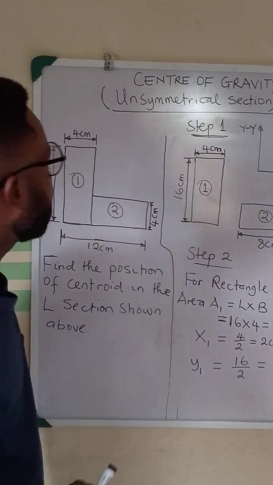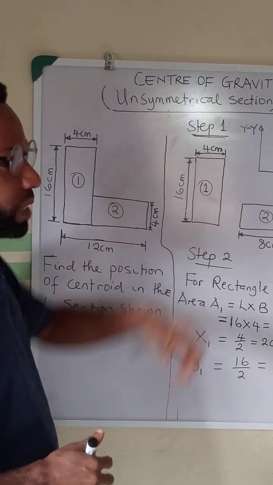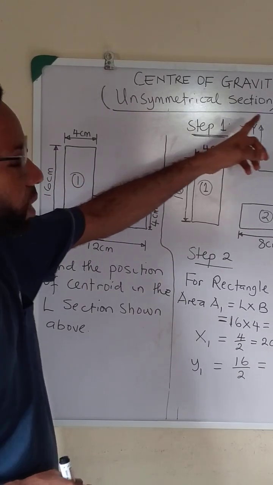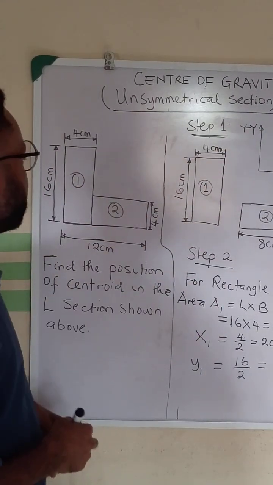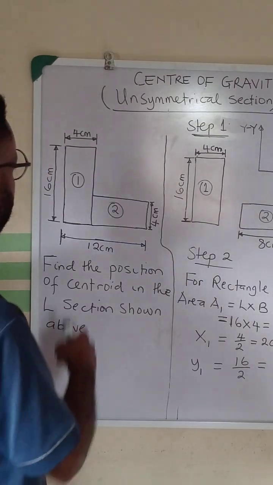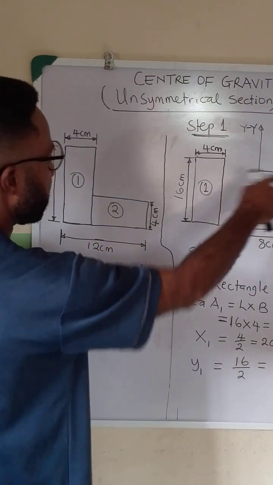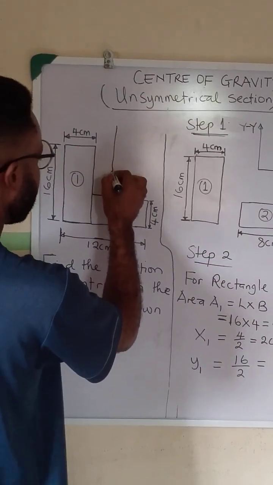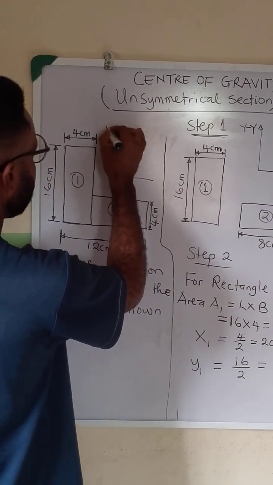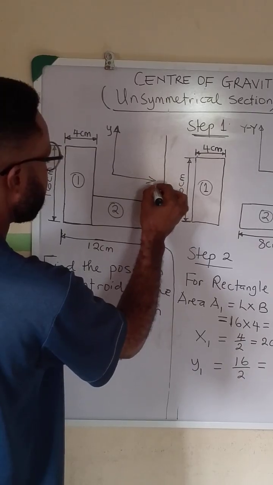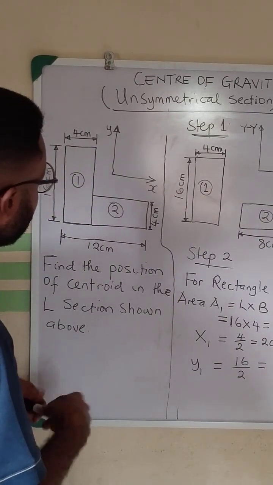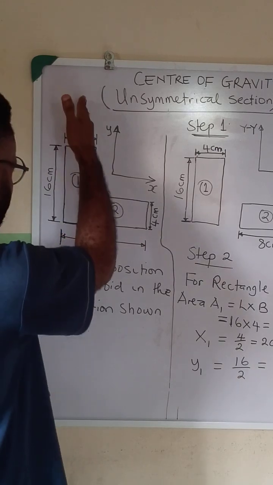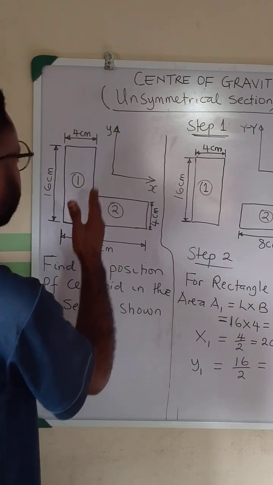Right, hello viewers, we are going to look at center of gravity, and under center of gravity we are going to consider an unsymmetrical section. It is called unsymmetrical section because this is the y and this is the x-axis. It is called unsymmetrical because if you divide this shape at this point, at the center, you will not have